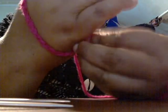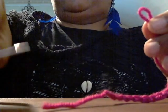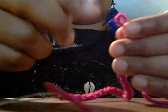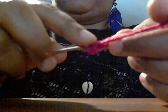The next step that you want to do is you want to remove the crochet hook, and instead you put your knitting needle into the loop instead. And the aim is to go all the way down the chain, sticking the needle into each hole and pulling up the yarn until you have a second loop and a third loop and all the way down the chain. So you just keep going